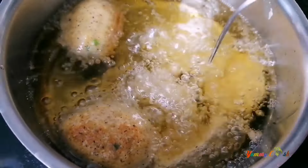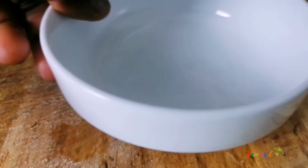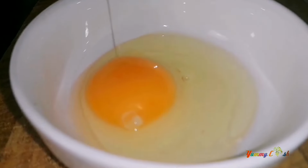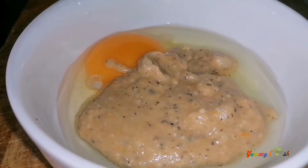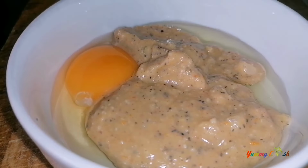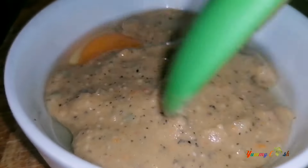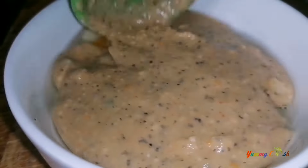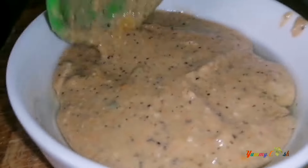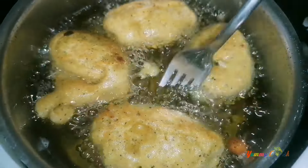Now let's get to the second way of making your Akara Koose, which is mainly made by the women who sell kose by the roadside. You break in some egg and add in some of the akara butter to it. Now you don't have to do anything apart from what I am doing in the video, which I cannot explain very well to you. And then I'll check on my kose and fry it till it is well fried, brown in color,